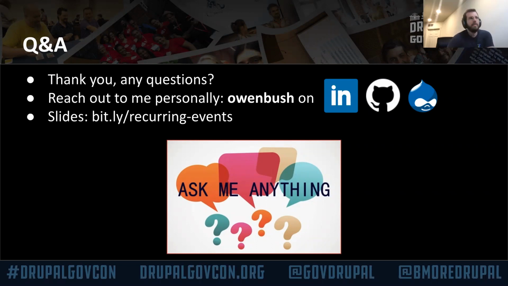At this point, there's no limit on the number of times a user can register for a particular series or instance. You could register as many times as you want. However, the capacity will prevent people from registering more than there is space. So if there's a capacity of 10 for the entire series, when you register for any of the instances, you're registering for the entire series, and that number, that 10, will be subtracted until there's no more spaces.